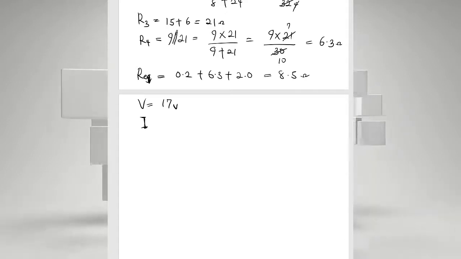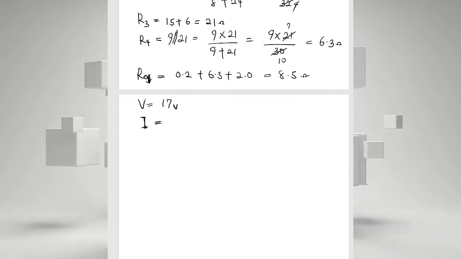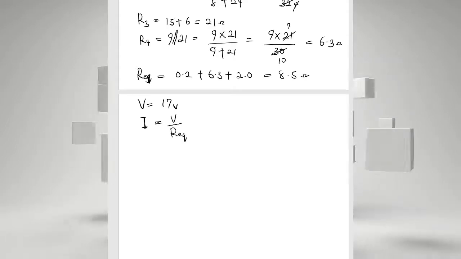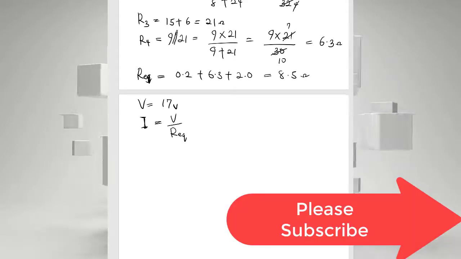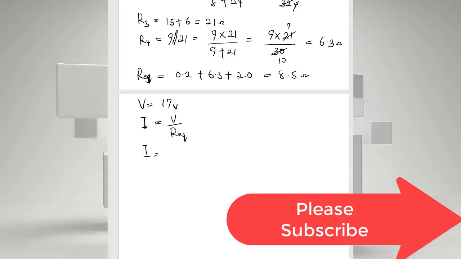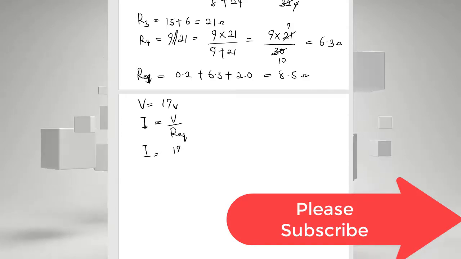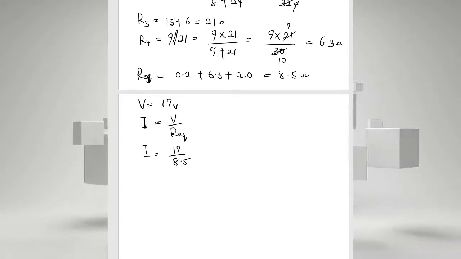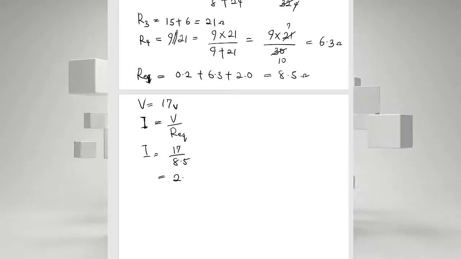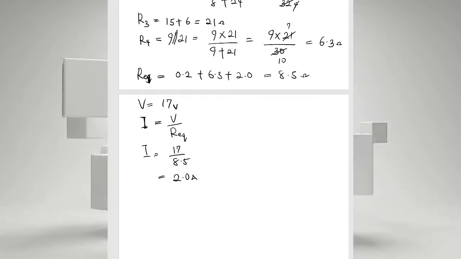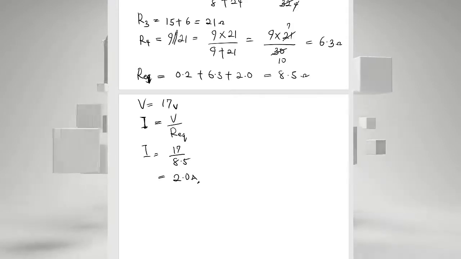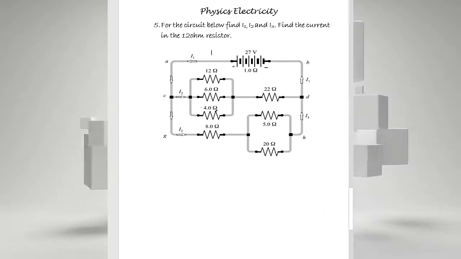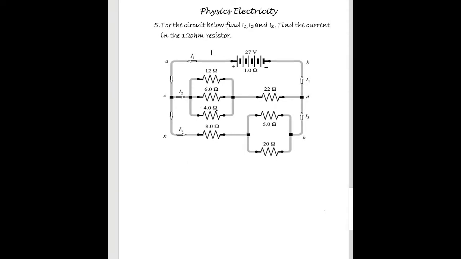According to Ohm's law, I is equal to V over R, so I will be equal to 17 over 8.5. 17 divided by 8.5 is 2. So I is equal to 2 amps. Solved. Our next question says, for the circuit below, find I1, I2,